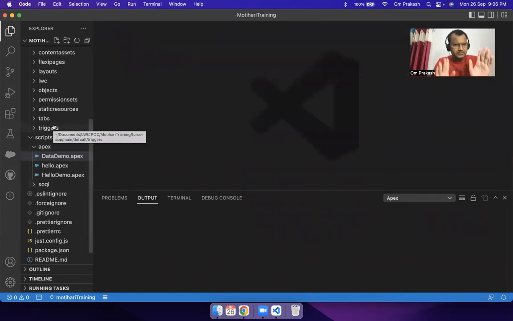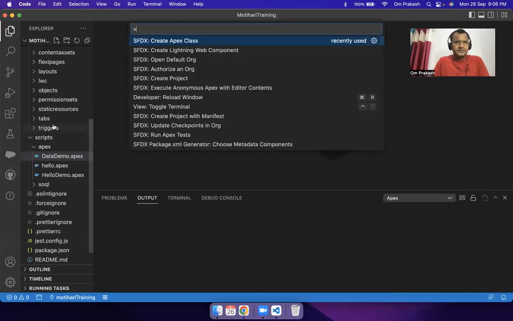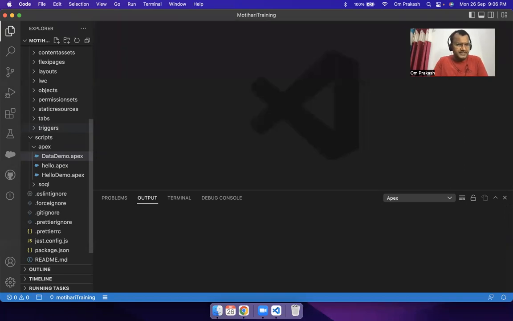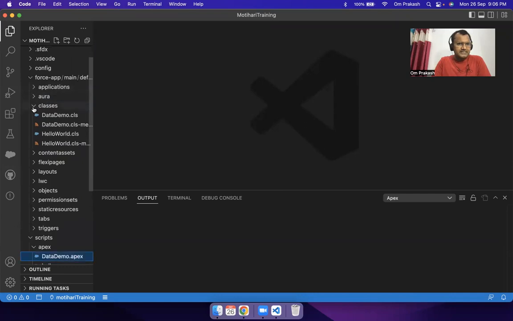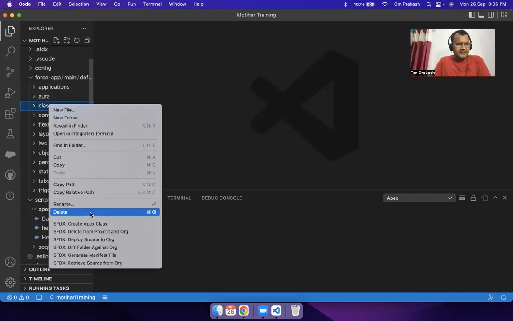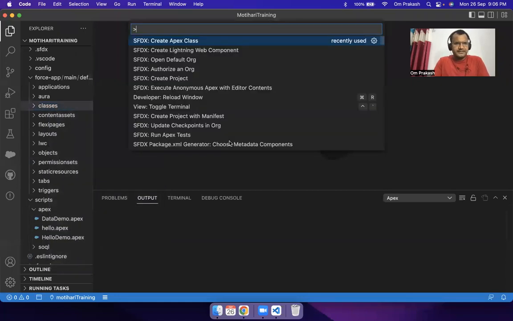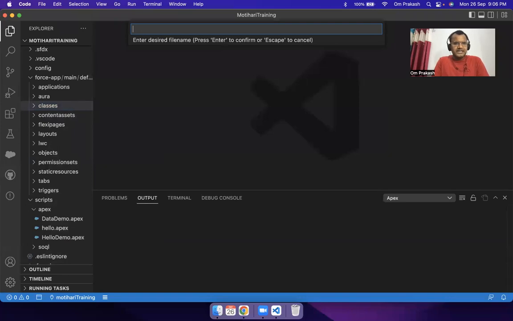As you know, while creating a class, press Control Shift P or Command Shift P as per your Windows or Mac. Or you can go on the class and right click, and here you can see Create Apex Class. Okay, this or that, same. Give a file name, maybe collection demo. Okay, I'm going to give demo, so